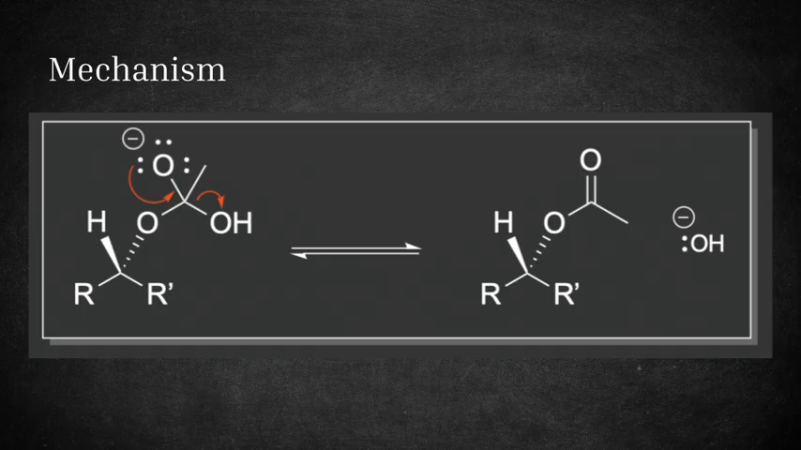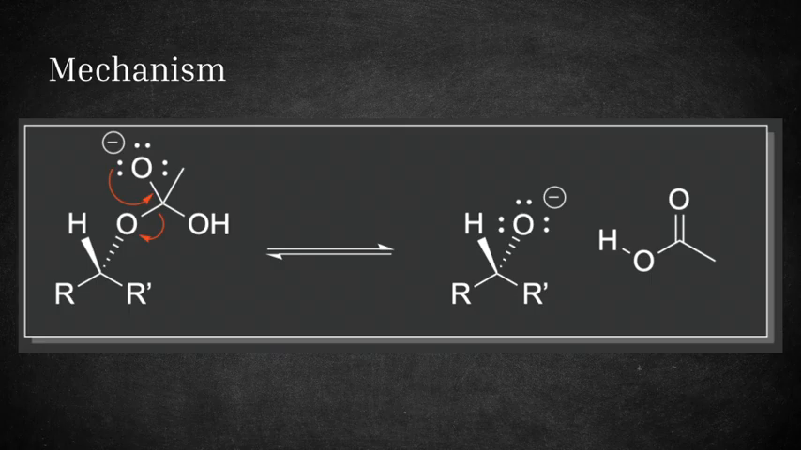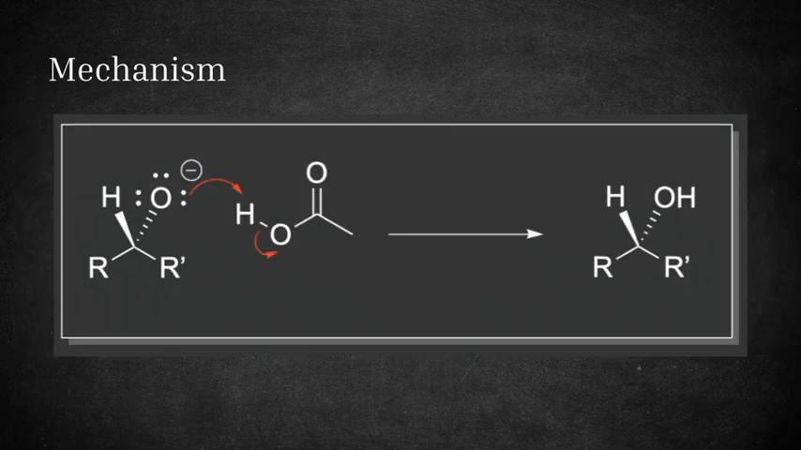In the step that restores the carbonyl, the non-bonding electrons on the alkoxide can push down to expel either the alcohol or the alkoxide as the leaving group. Occasionally, the latter occurs, forming an alkoxide ion and acetic acid. The acidic proton from the acetic acid is then quickly deprotonated by the alkoxide, which acts as a strong base,